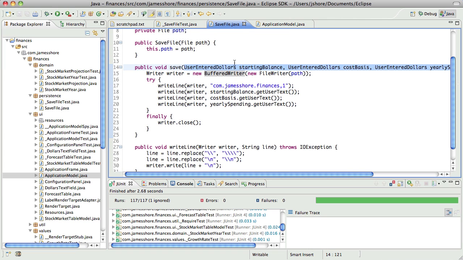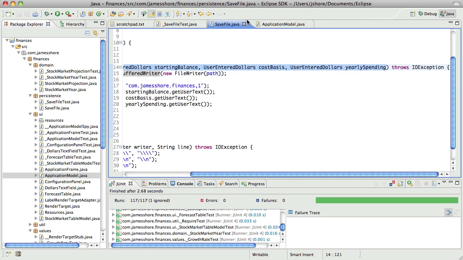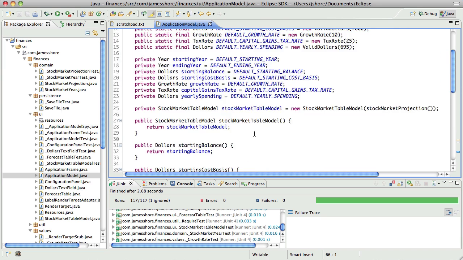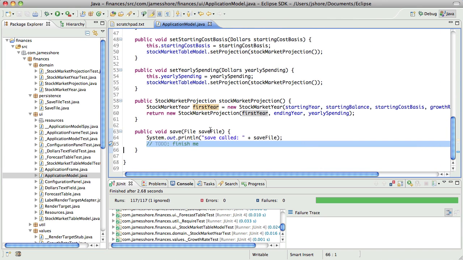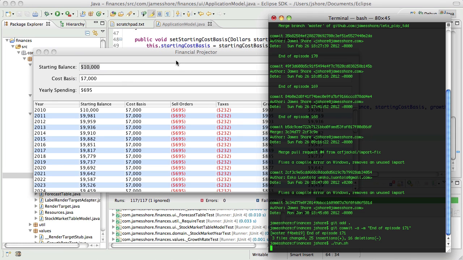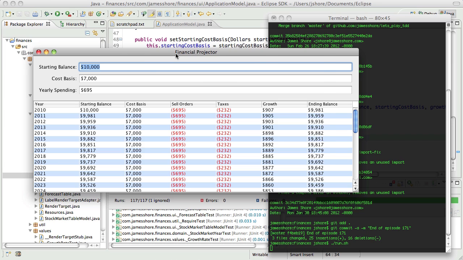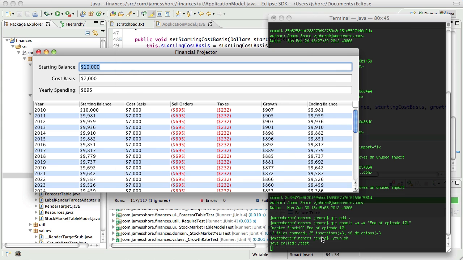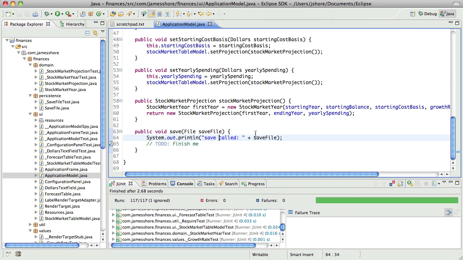Let's actually do it. Save file takes those three variables. Now we need application model, which is where the save happens, to actually call file.save or save file.save. Yeah, let's go ahead and look at that. So we've got our application here. Right now, when we do a save, it just does save called. Now we're going to need some tests around this, but just as a spike,